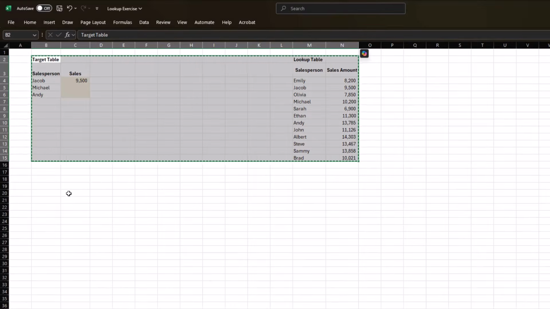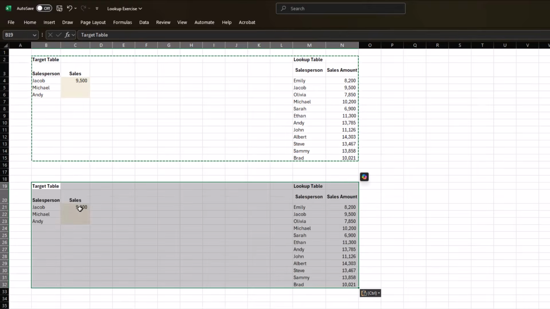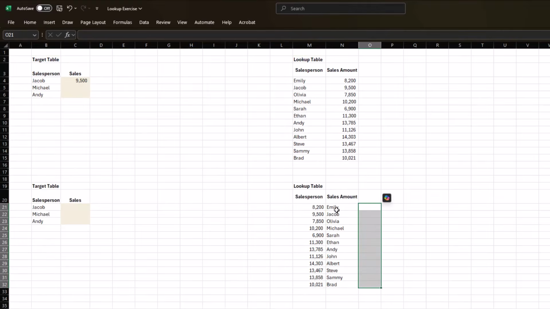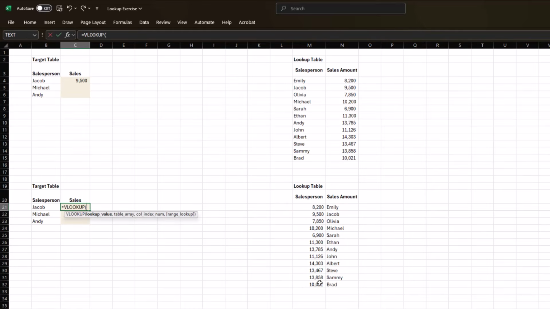I'm going to copy and paste the same exact data down. And this time around, I have flipped the lookup table such that the first column is the sales amount and the second column has the salesperson name. Now, if I want to retrieve the sales amount from this table, I cannot do it using the VLOOKUP function. Let's try it out. So I'm going to put in the lookup value, select the table,